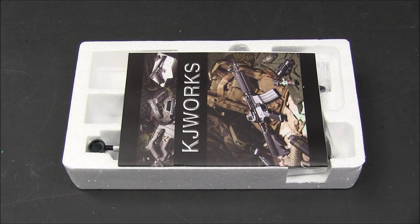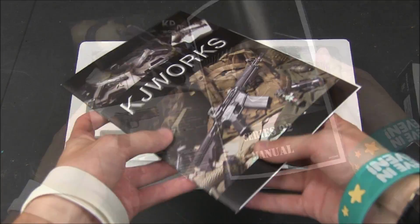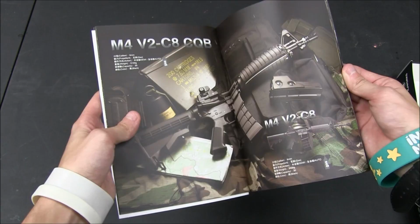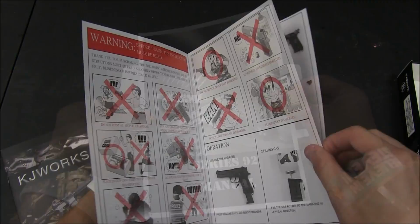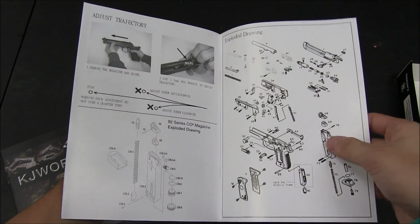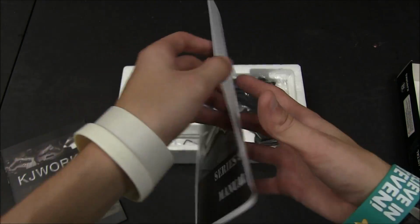Another trait about KJWorks is that they include these catalogs in a lot of their boxes. It's just them trying to show off all the other cool stuff they got going on, like the iconic KCO2 and PT26, but inside this catalog is the manual. There's not all too much to say about this manual, as it shows you all the normal stuff like safety tips, how to use your controls and find your hop-up, and an exploded view and parts list. So let's just put that off to the side now and check out the other stuff that comes in this box,